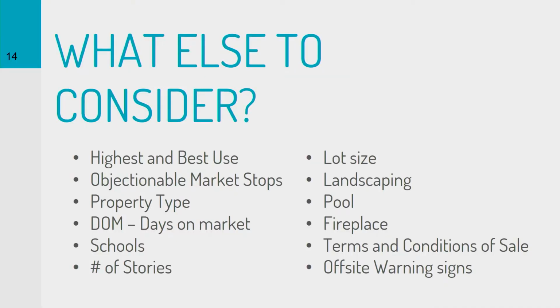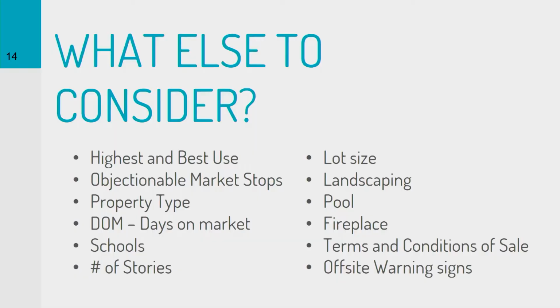Lot size: there are areas of DFW where a lot could sell for $500,000 to $1 million just for a third of an acre of dirt. Well, if you've got one of those neighborhoods and you've got a quarter acre of dirt and your neighbor's got a third of an acre, that third of an acre really is a big difference in value. So make sure that you're not comping to a property like that. Now, if you're in your cookie-cutter neighborhoods, that's not going to be a play, but I'm trying to give you a broad list of things to pay attention to.